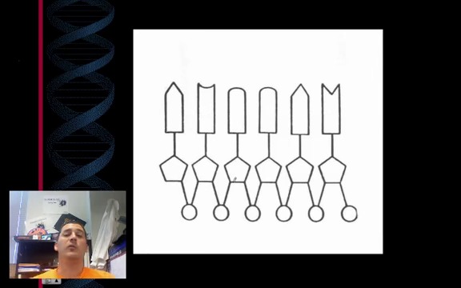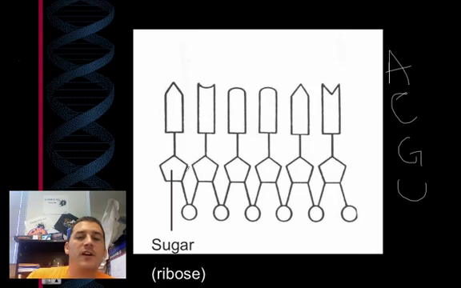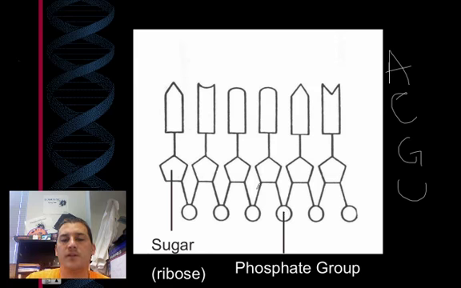So when we're looking at a two-dimensional figure of RNA, there are a lot of similarities to DNA. Okay? We're still going to have A's, C's, and G's, but instead of T's, we're going to have U's. Those are going to be our nitrogen bases. The sugars are still going to be the same, and the phosphates are still going to be the same. It's going to alternate sugar, phosphate, sugar, phosphate, sugar, phosphate. Okay? Everything's still going to be the same, except there is no